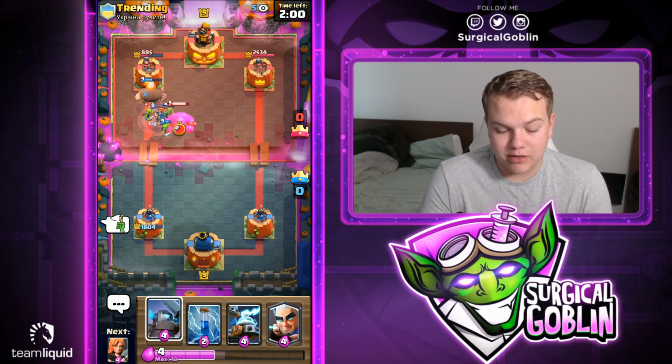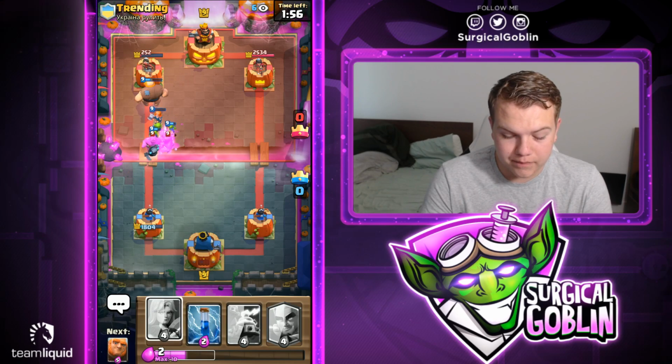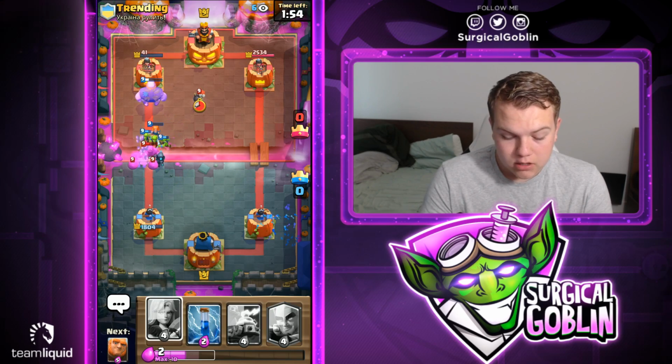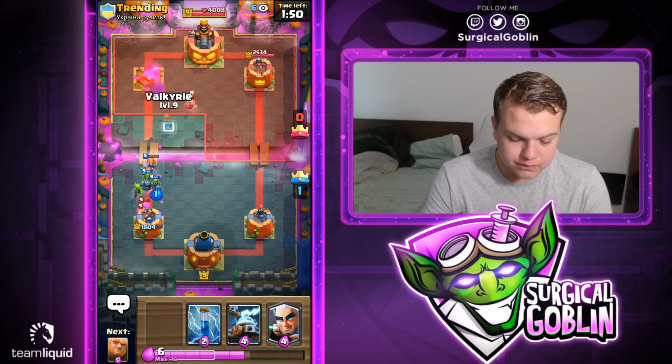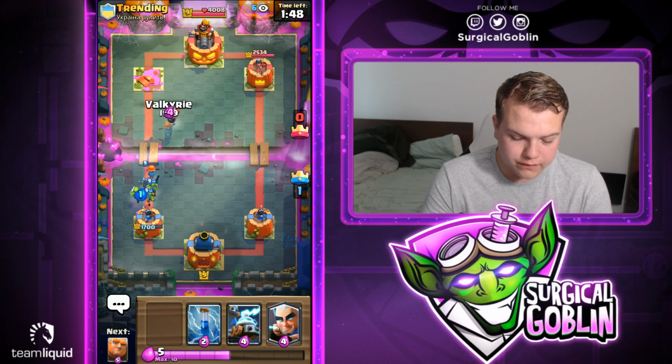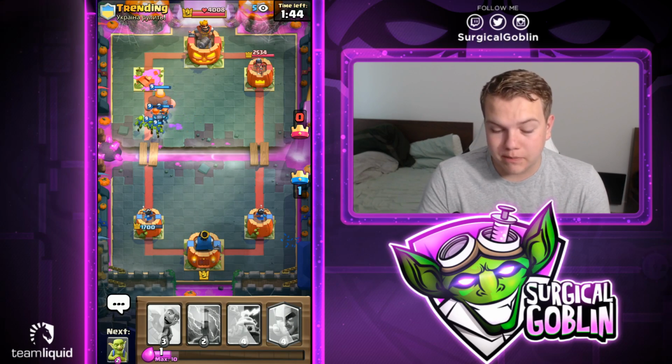But as you can see right now, he just doesn't have any elixir, and he gives us another 4 elixir by going with the Elixir Golem on defense. So right now I feel like it's GG, guys. We should be able to just get the Bomber down. Let's go with a Valkyrie. Then I already have enough elixir for a Giant, so right now I have 2 Valkyries, Goblins, mini P.E.K.K.A,